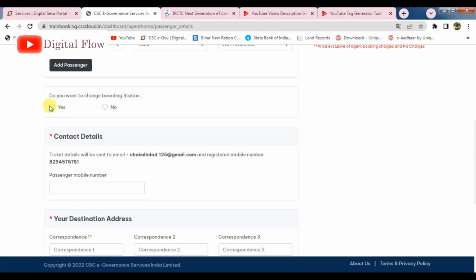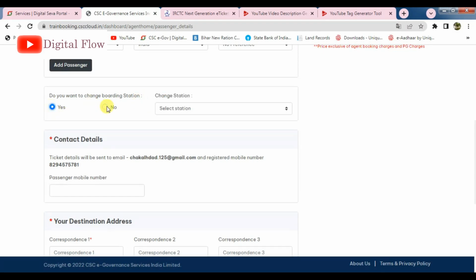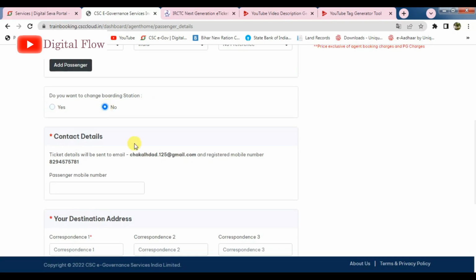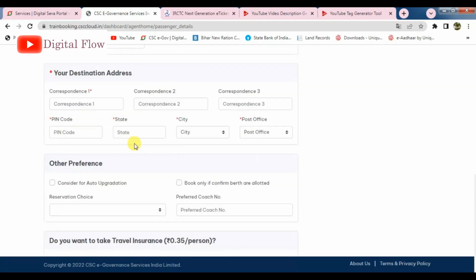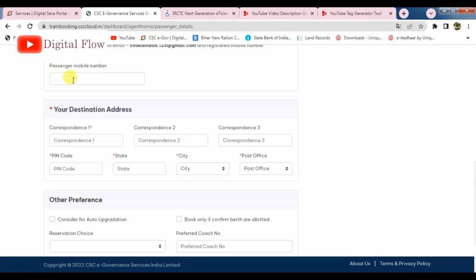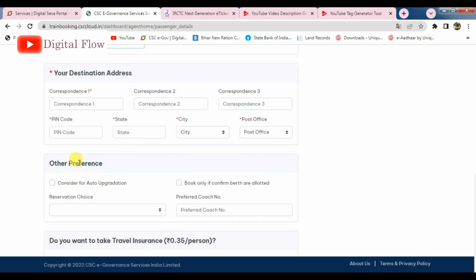Either you can select no and go next. Here the passenger mobile number is shown, you have to put the passenger's mobile number, and the destination address is enabled for booking this.